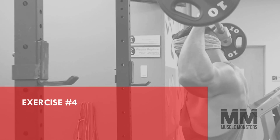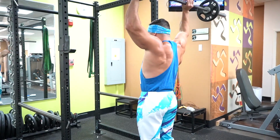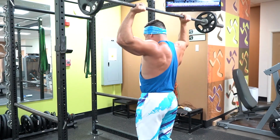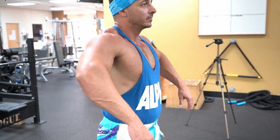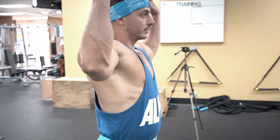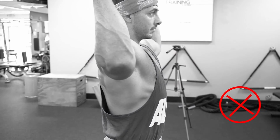Exercise number 4, behind the neck shoulder press. This is by far one of the worst exercises you can perform when it comes to the health of your shoulders. The exercise places the shoulder joint in a position where it's both abducted and externally rotated, a recipe for